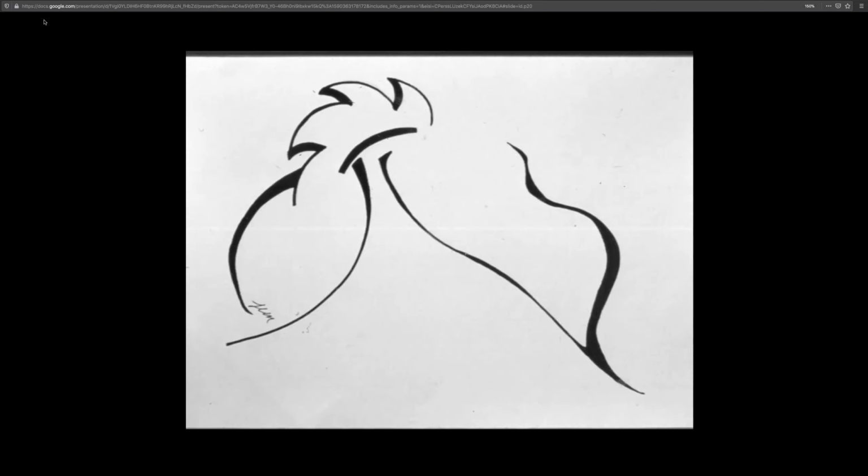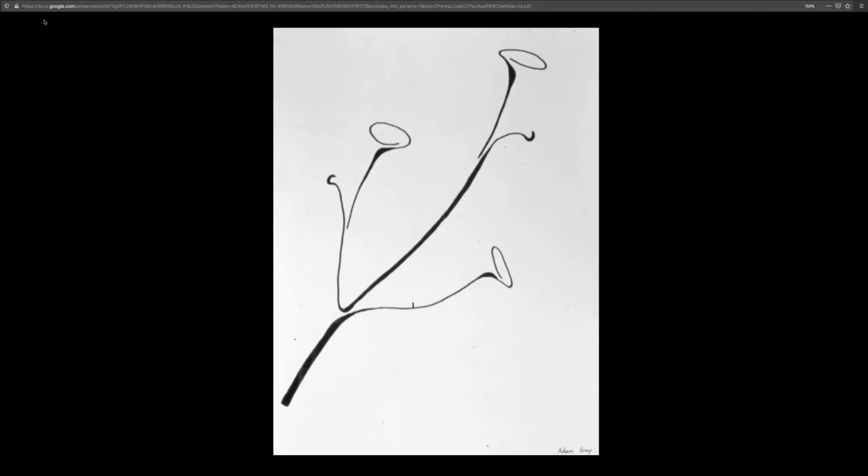This was a carnation. Very minimal, but you can see the flower in it. Here's a very stylized one, and 1, 2, yep, 3, 4 lines. Great.